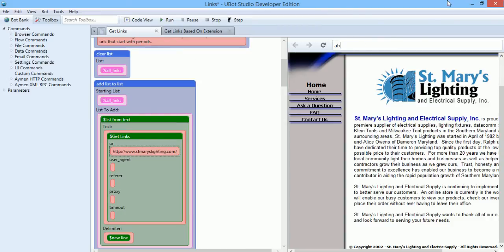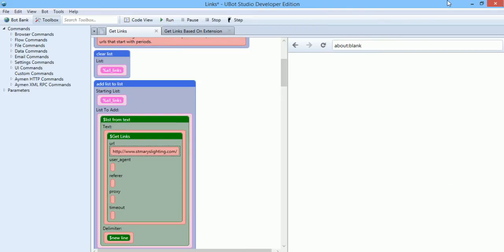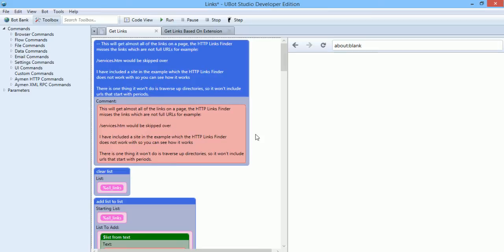So I wanted to create something that basically gets more of these links, because sometimes you may need those. There are cases where you need those, and realizing that it skips those over, it might really slow down a bot, or it might make it really